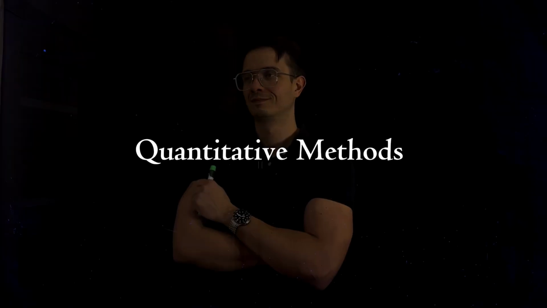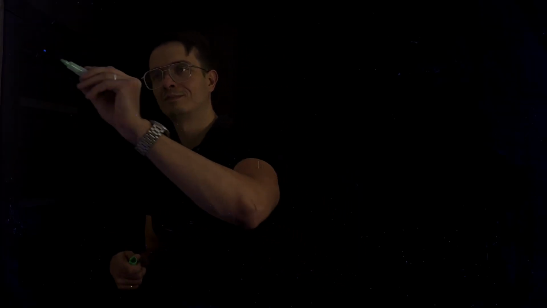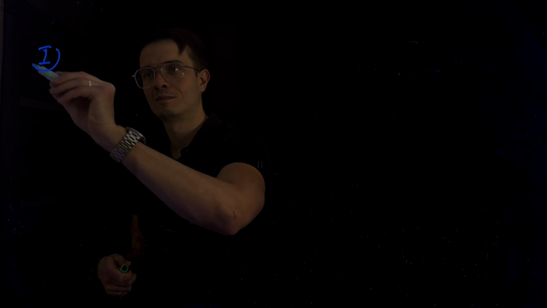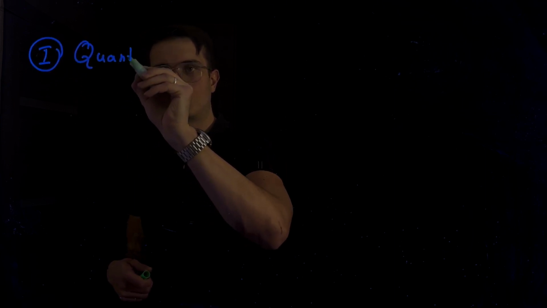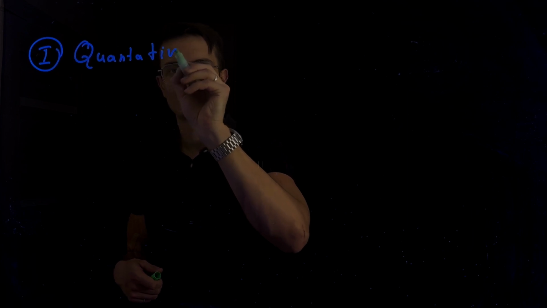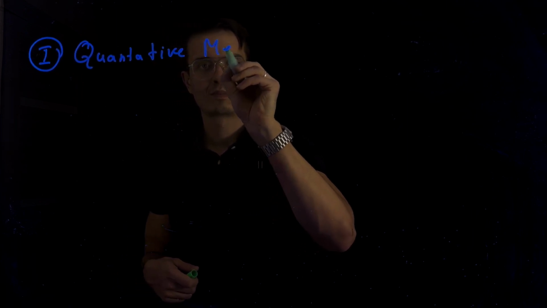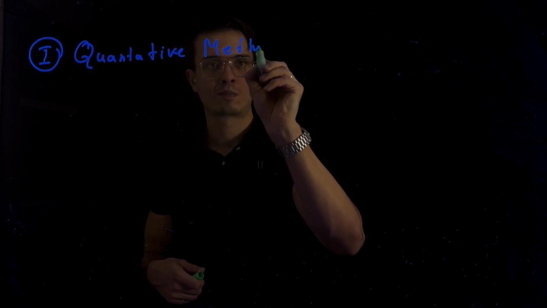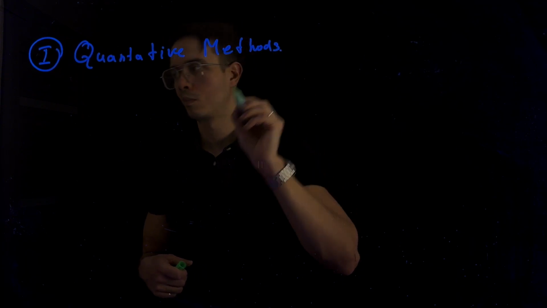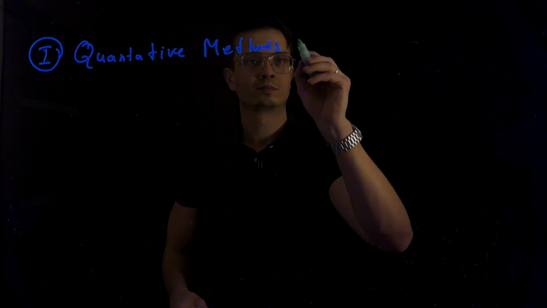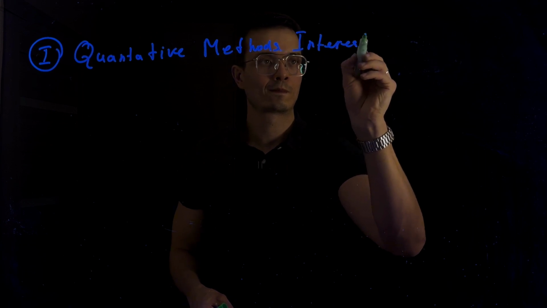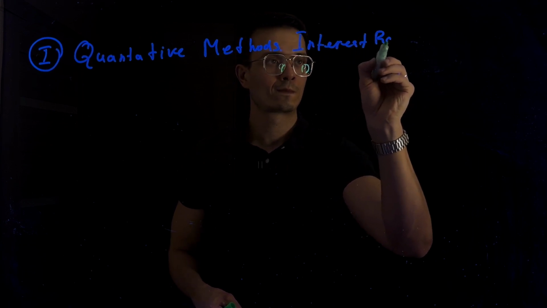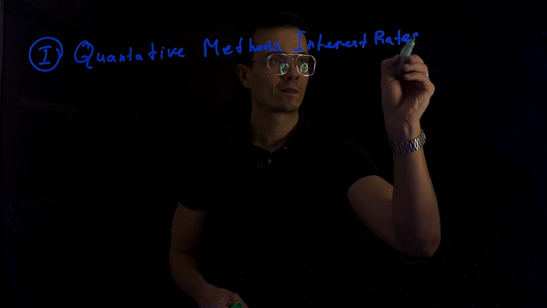The first main topic is quantitative methods: interest rates, present value, and future cash flow. In this video, I aim to dive into the very basic calculations and the common fundamental concepts of the CFA Level 1. It refers to understanding the rates, present value, and future cash flow. The main goal of the CFA Institute is to prepare professionals in the field of investment analysis, that